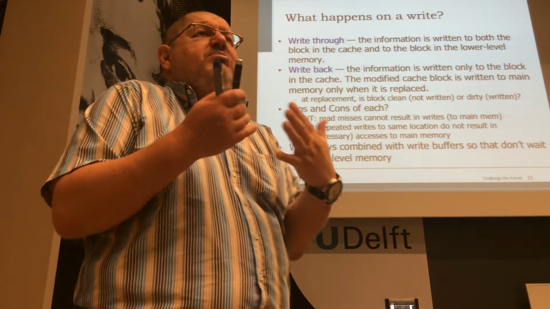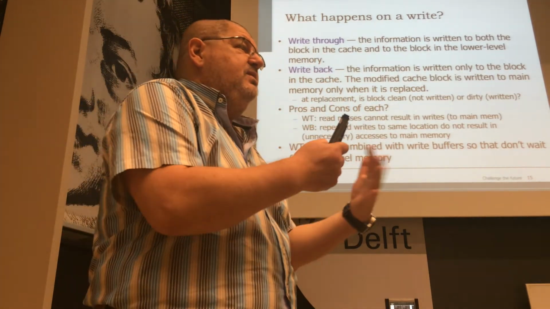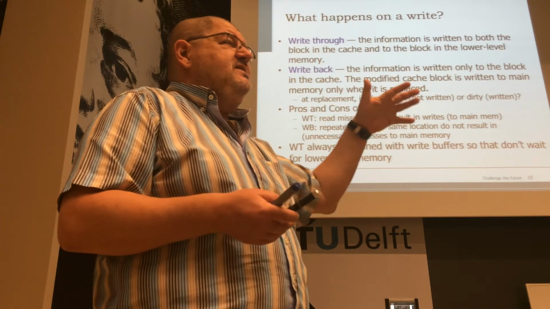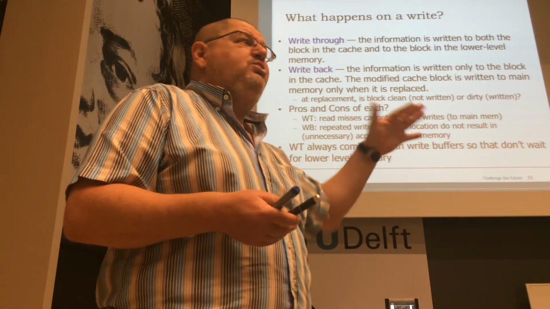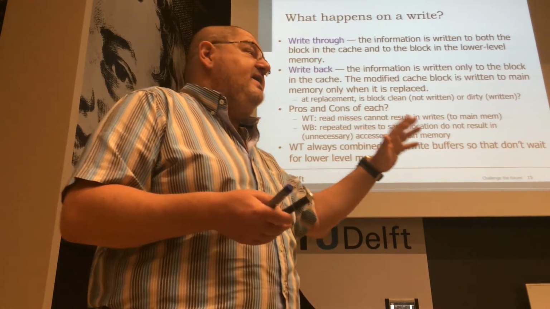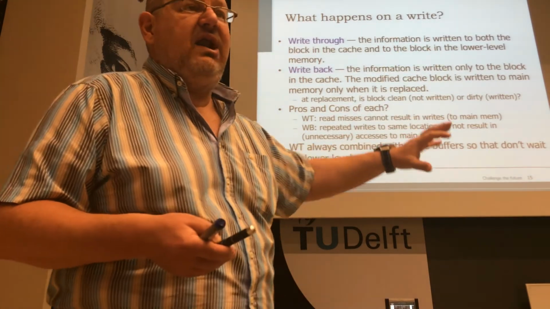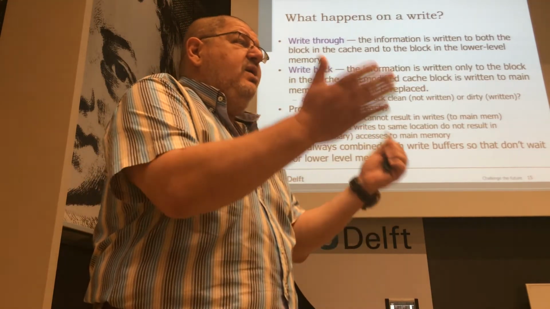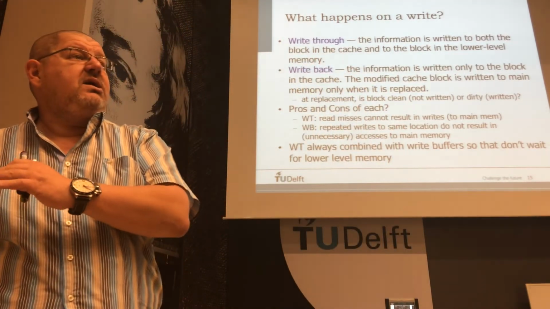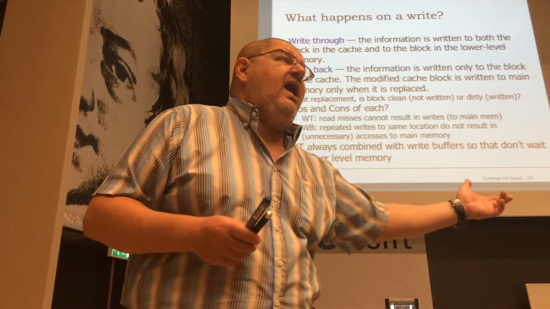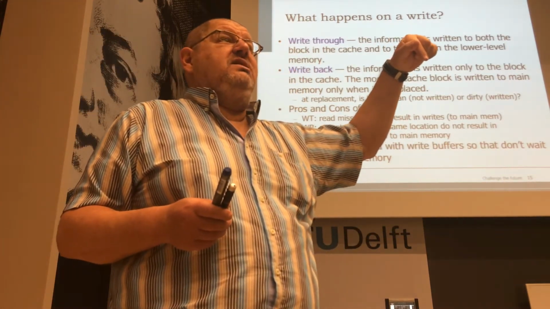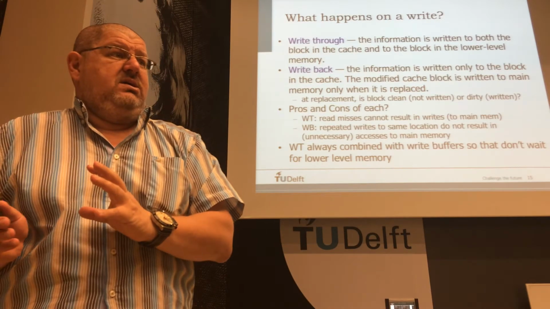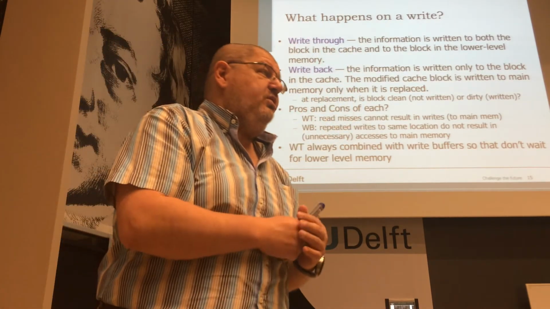Now, this will not be a problem as long as I'm operating with that variable and it is present in the cache. But it will create problems when I do not have capacity in the cache and I have to evict that line from the cache. Because now that eviction will require a write in the main memory. It's not only that I'm dropping that line, I have to update that location in such a way that in the main memory I have now a coherent image of the evolution of my program.